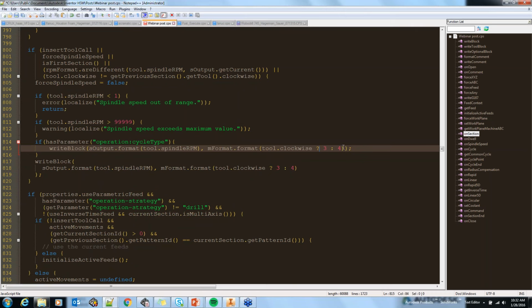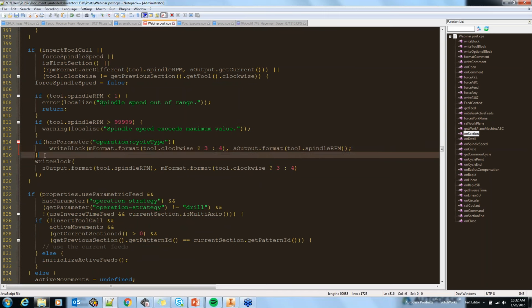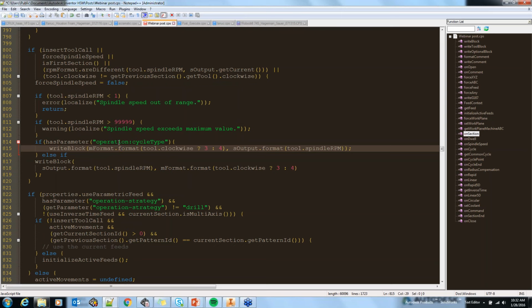I'm actually going to reverse it, so I'm going to cut and paste this in front. Okay, so I've got that, and then I'm going to say else if, oh, you know what, so if it has parameter operation cycle type,